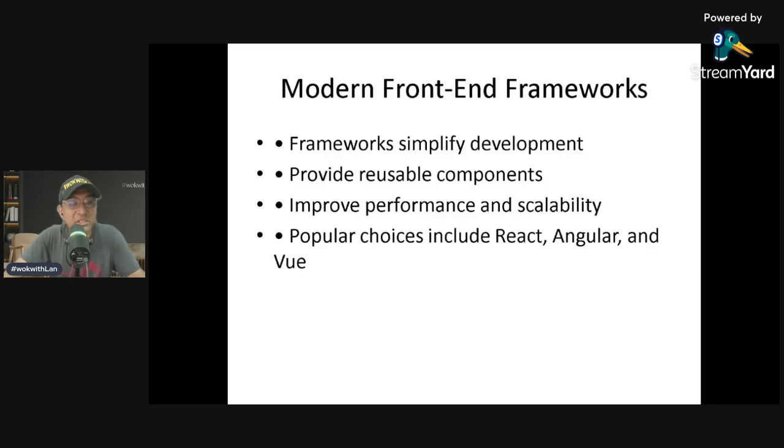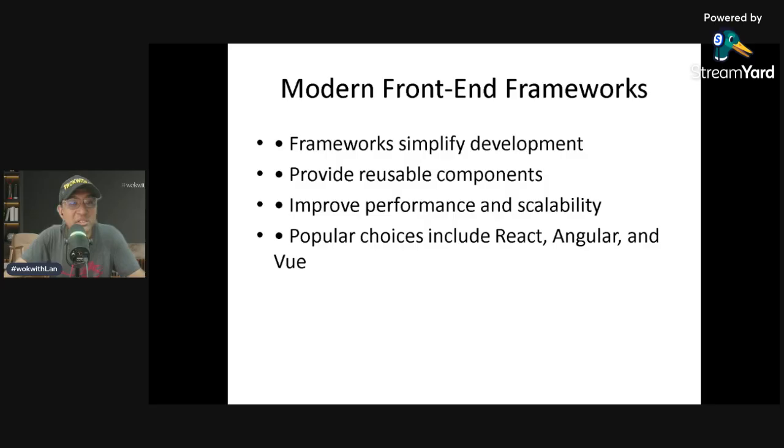Some of the most popular frameworks include React.js, Angular, and Vue.js. These frameworks allow developers to create reusable components, manage complex user interfaces, improve performance, and organize code better. For example, a navigation bar can be written once and reused across multiple pages.